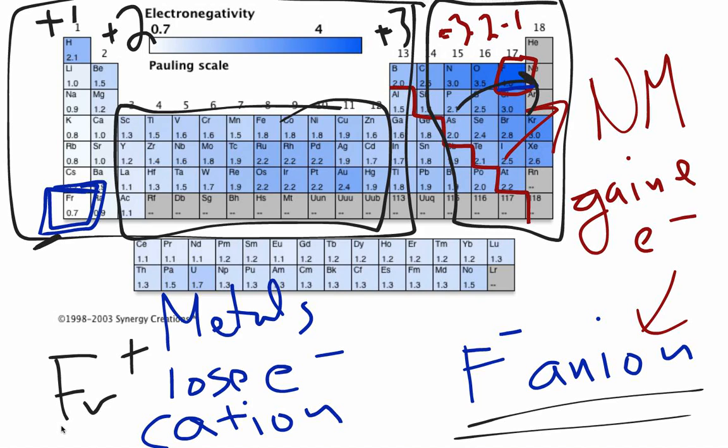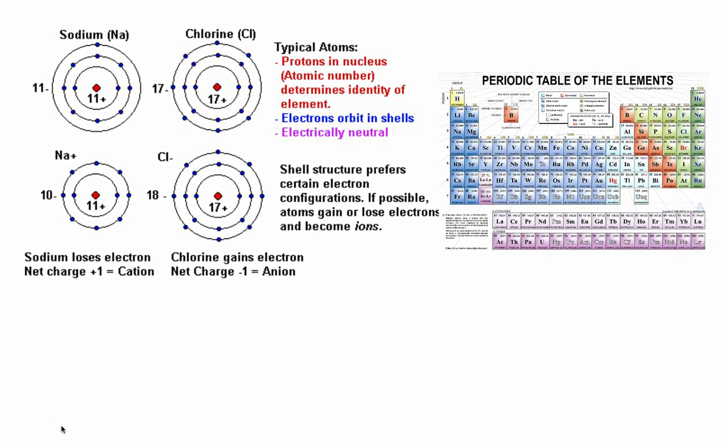It takes a little bit more work, but again, as we go into the bonding chapter, we'll discuss that. So what's going to happen to our elements as they gain or lose electrons? Well, let's look at 2 examples, sodium and chlorine, that react to form sodium chloride. Sodium is in the 3rd energy level, but group 1. So it has 1 outside electron, so it is going to tend to lose 1 electron and form a +1